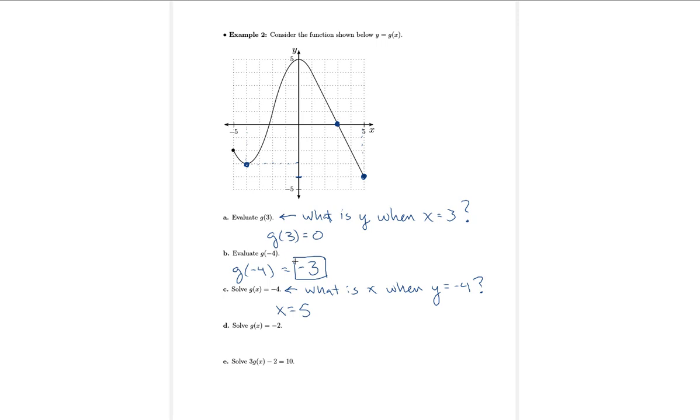Solving g of x equals -2. So we would say this time the y is -2, and so I'm going to go down 1, 2 to -2 in the y. And the first thing I notice is if I go over here, I hit the graph, and that happens at x equals 4. Okay, so I'm going to list x equals 4 there. But that's not the only place that it hits the graph, right? It also hits the graph over here at x equals -3, and over here at x equals -5. So in this case, I'm going to have three different